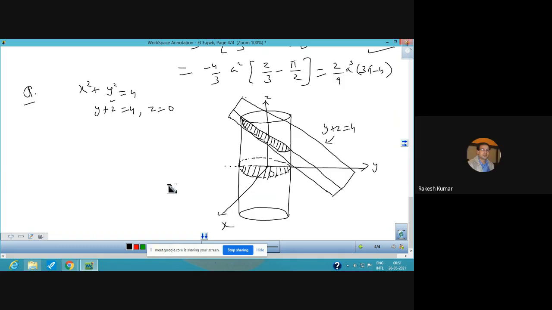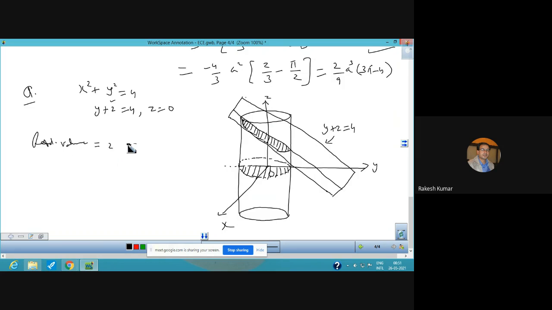So what we are saying, we have to find out the volume. Clearly, the required volume is symmetrical about YZ plane. It is obvious, but not symmetrical about XZ plane. So in the XZ plane it is not symmetrical, in the YZ plane it is symmetrical, because that plane is YZ. If it were the XZ plane, it would have been cut from here, and then it would be symmetrical here, but not symmetrical there. So that is why your required volume, because the volume is lying in YZ plane only,